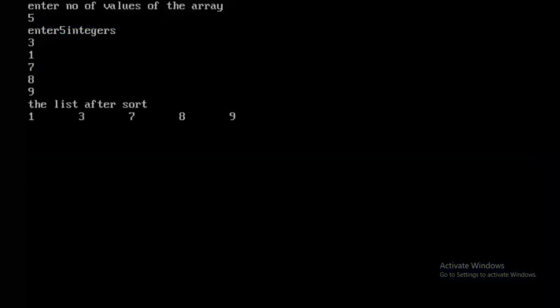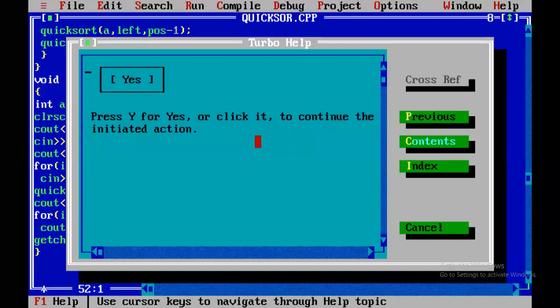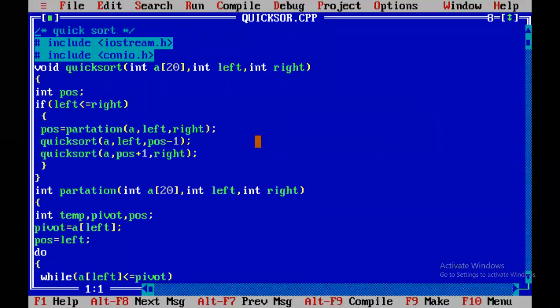So actually, this is the process we are using. Finally, we get the result in sorted order. So this is the way we are using quicksort. This is the top down, bottom up approach. If you write like this, I will get an error. If you see that first I written quicksort, then partition, I will get an error because in quicksort I called the partition function. So the partition function must be above the quicksort. Otherwise, we will get an error.